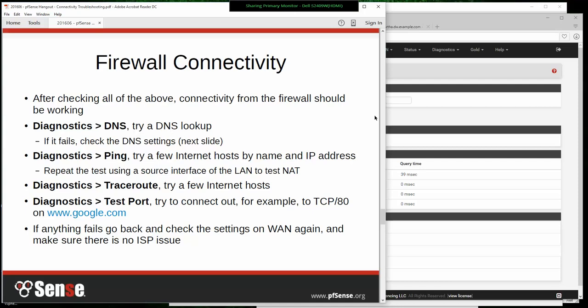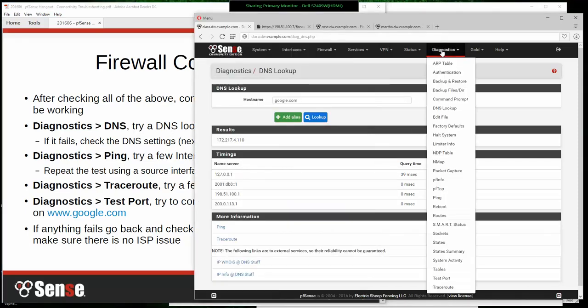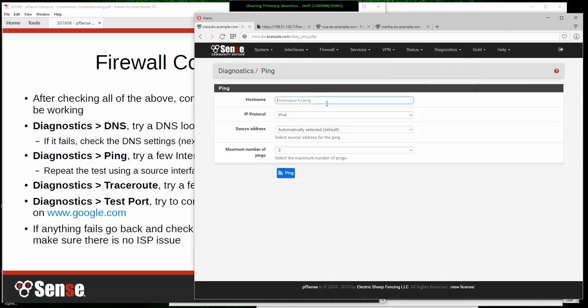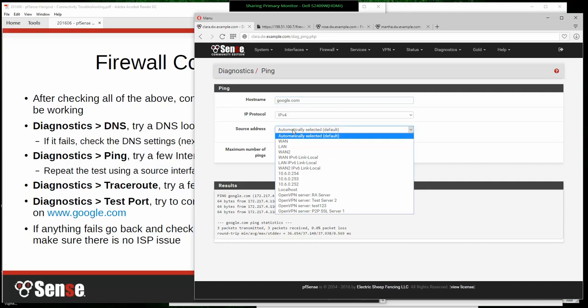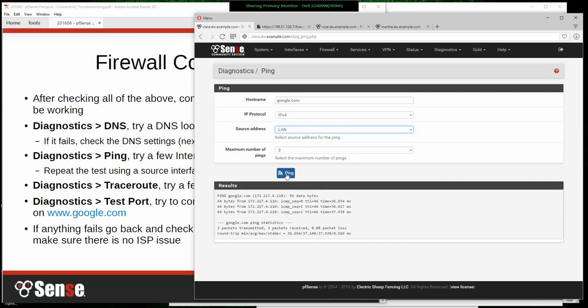Diagnostic ping test. You can try a few hosts by name and IP address. So you go over here to Diagnostics and Ping. Now, if you just do google.com here from your default source address, that's going to send it from your WAN, and the traffic's just going to go out. But another good test to try is to change this source address here to your LAN, because what that'll do, it will source it from the firewall using the LAN address, going out the WAN, and that will make sure